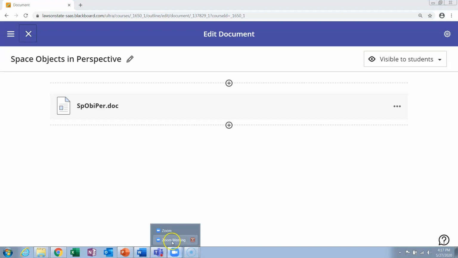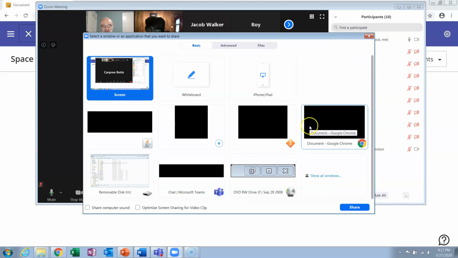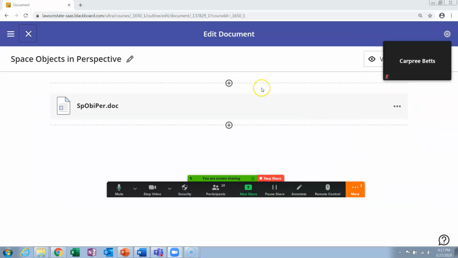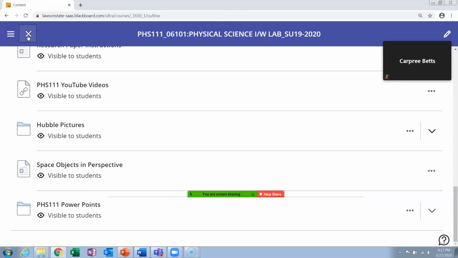Back to Zoom. Back to screen share. Oops. Where is it now? There it is. Okay, there's my syllabus again. Y'all can see it? That was space objects in perspective. Just a fun slideshow, you might say. It wasn't quite a slideshow, but something like that.